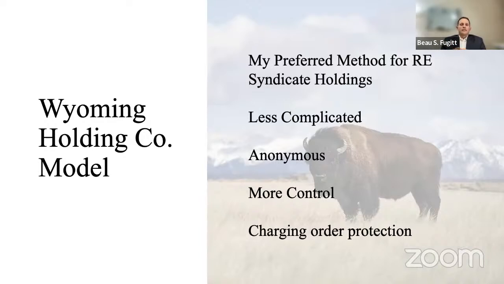The only way that someone can get that, I think I said this, is an actual warrant. It's a search warrant, a criminal search warrant. It has to be served on the Secretary of State, and then the Secretary of State will disclose who that actual member is. But something short of that, no one can just go find out who the member is. So you're anonymous, right? Which we talked about is one of the most important things in an asset protection plan